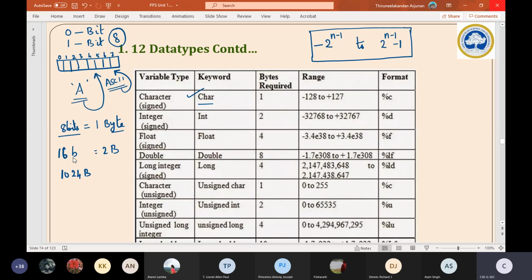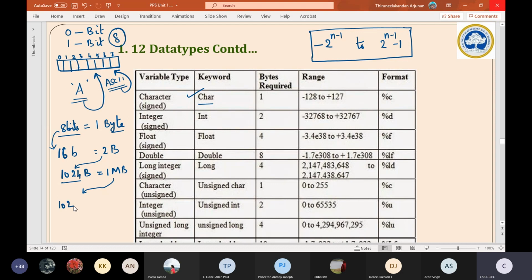Similarly, 1024 bytes is equal to 1 megabyte. Is it making sense, students? Is it clear? Now, 1024 such megabytes is equal to 1 gigabyte.